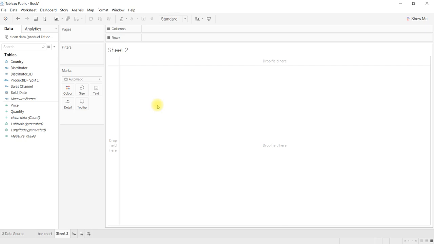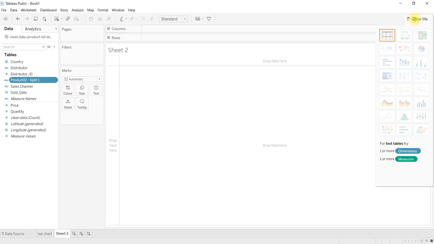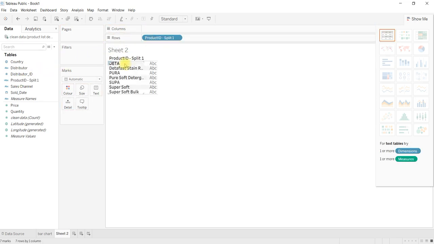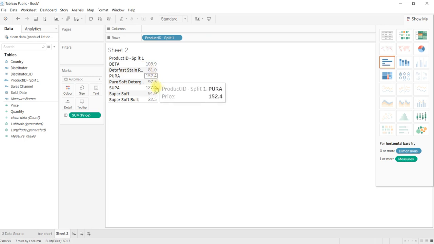Like this we can add one more worksheet, and you can start creating one more visual. Like we can say product id. Here you can select product id. For example, product id should be in a row. Row wise product id has been taken. Then I would like to know the quantity or price I would like to take. Price, like this we can add it here.